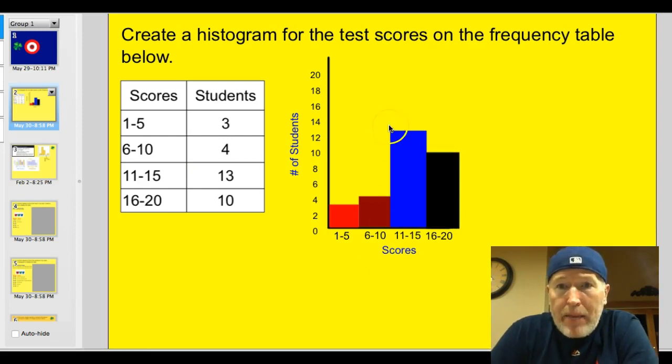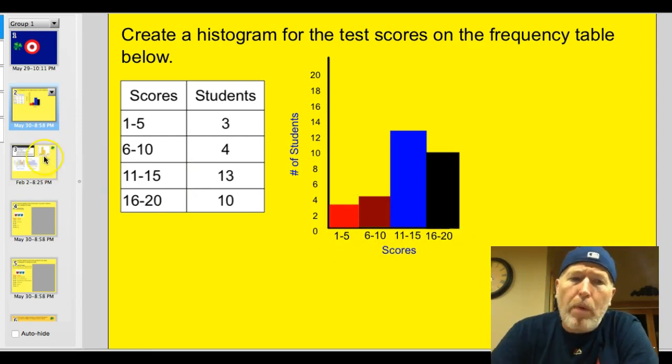So I still have my labels here. Number of students over here, this is the frequency or the value for that. And these are the ranges. Scores of 1 to 5, 6 to 10, 11 to 15. Notice it's continuous from 1 to 20. Those are important things. We'll learn more about that in this next slide as we learn a little bit about